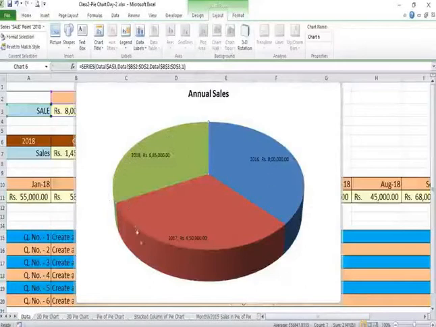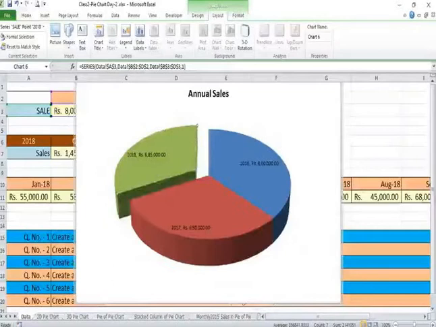No other pie is selected now. So, if you click and drag it outward, you will find this pie has exploded. So this way you can explode one of the pies of the pie chart and show it separately.